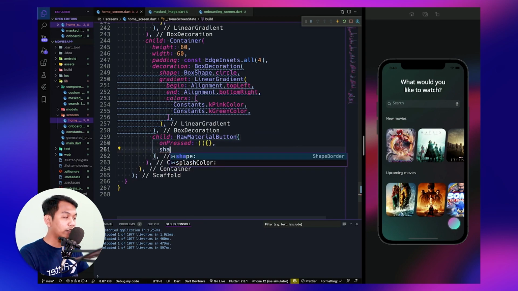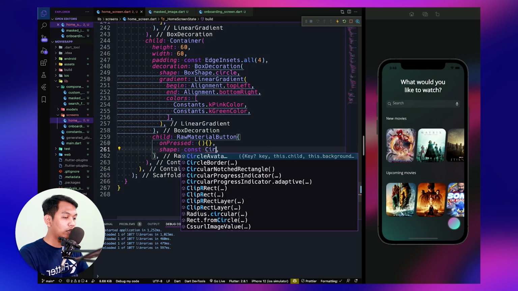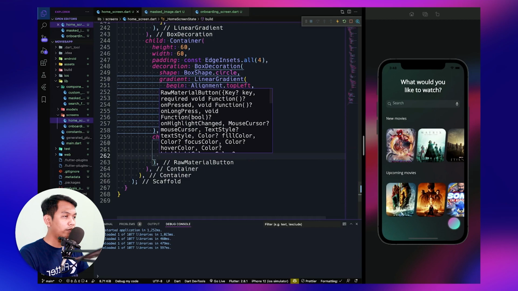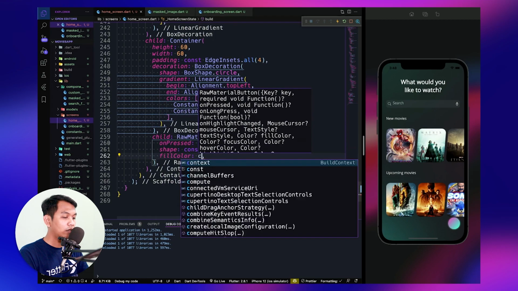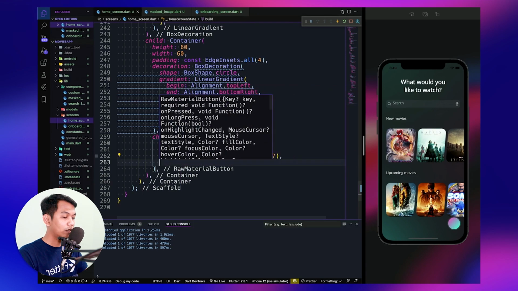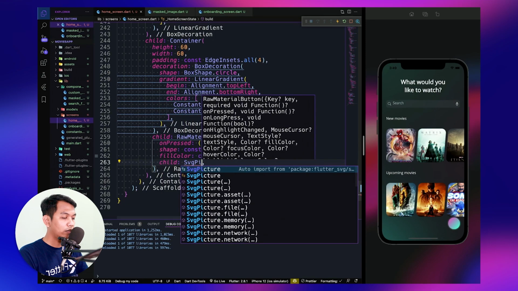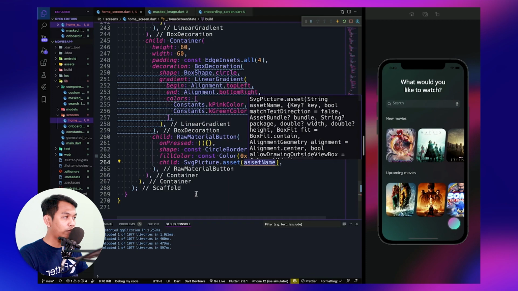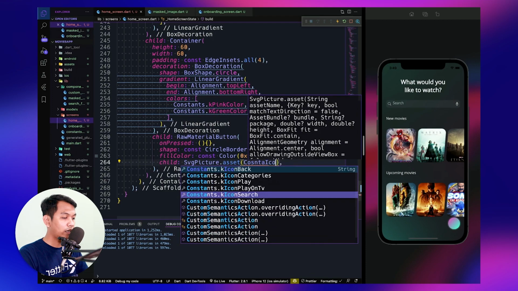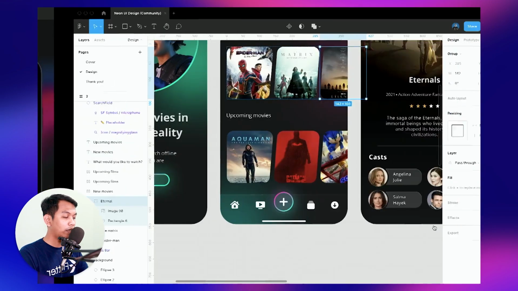And for the shape, we will use a circle border, and for the fill color, we will use maybe it's like. And for the child, we will use svg dot assets, and we will say constant icon plus, and now we will see this plus button.